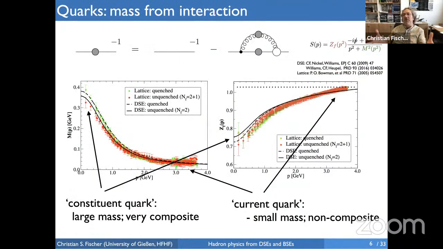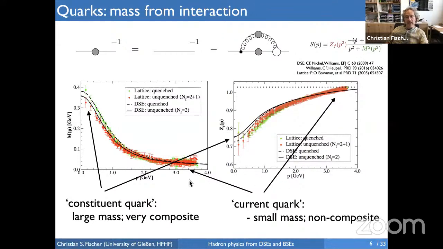So what do we get typically when we solve these equations? The quark propagator is not a very complicated structure. It actually has two different Dirac structures, a p slash and the one in Dirac space, and can be parameterized in terms of two functions, the quark mass function and the quark wave function. And what I show here is the quark mass function on a linear scale as a function of space-like momentum, and the quark wave function, again on a linear scale, and again as a function of space-like momentum.